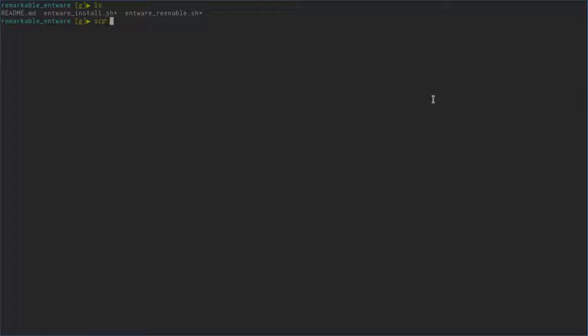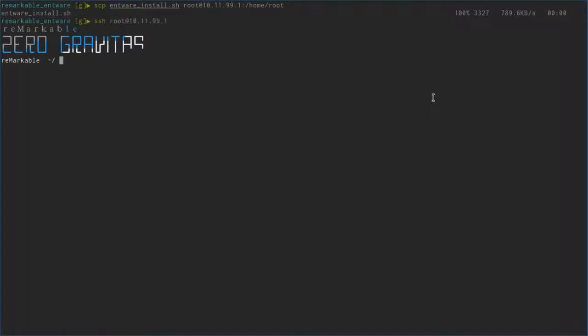So let's just scp that over, entware_install.sh to root at, in my case I'm connected by USB, so it's 10.11.99.1, and we will copy that to the home root. So once that is copied over, we can now SSH into the reMarkable, make sure it's actually there, and make